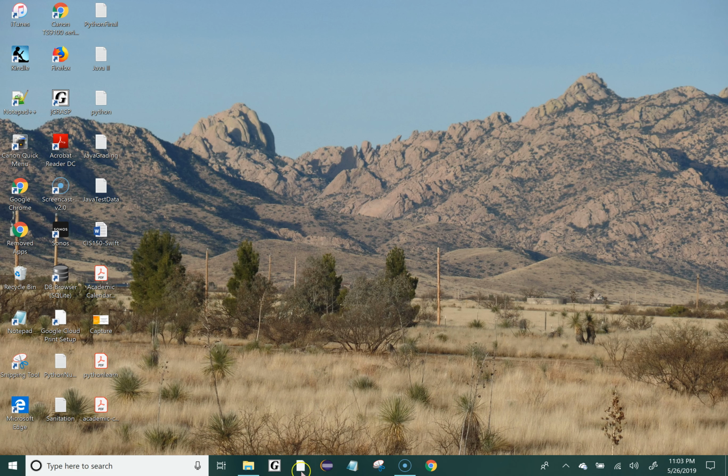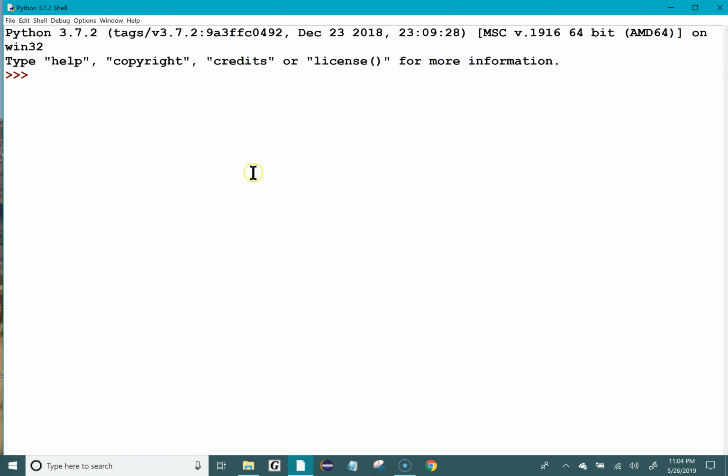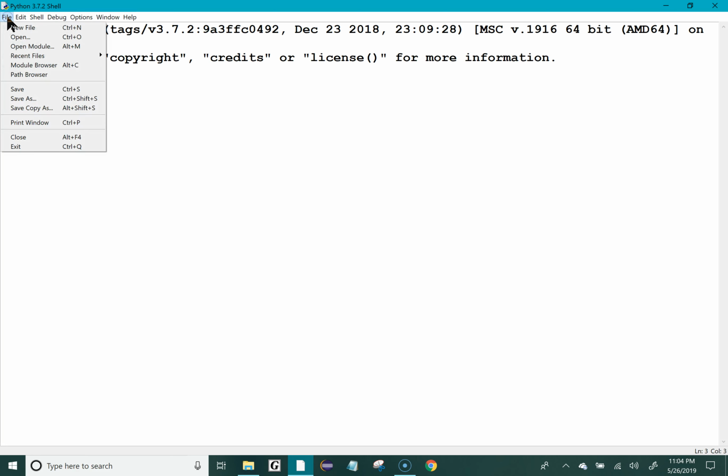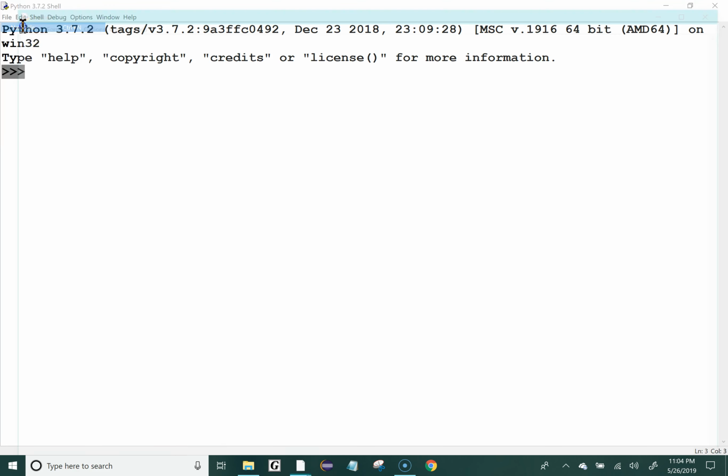So what we're going to do is I have a shortcut that I can go ahead and open up IDLE. When I initially open up IDLE, it's in the interactive shell because we have the three greater than signs prompt. What we're going to be doing throughout this course is creating separate Py files. So in order to do that, you need to click on File and click on New File. And basically what that opens up is the text editor where you can type in your Python